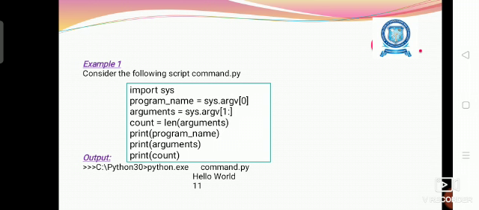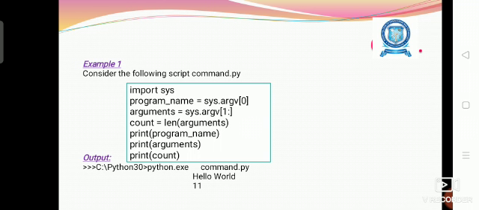That is nothing but the program name, and we are storing it in the variable program_name. Then from the first position onwards, the argv array consists of the arguments. We are retrieving and storing them in the variable arguments.